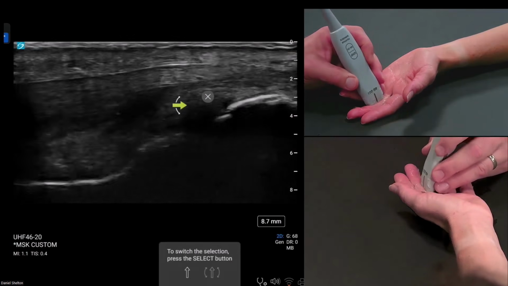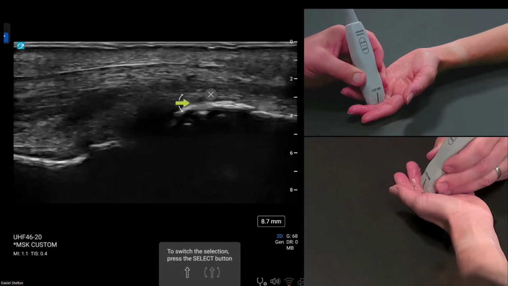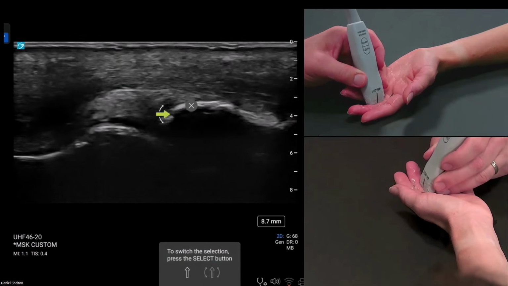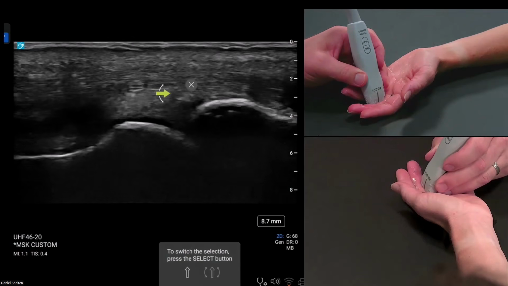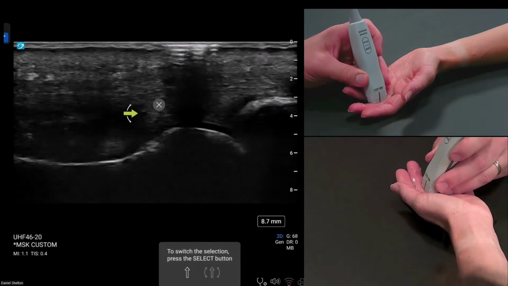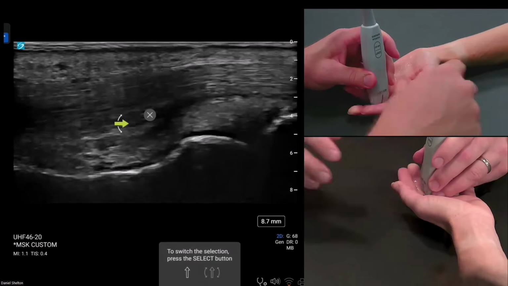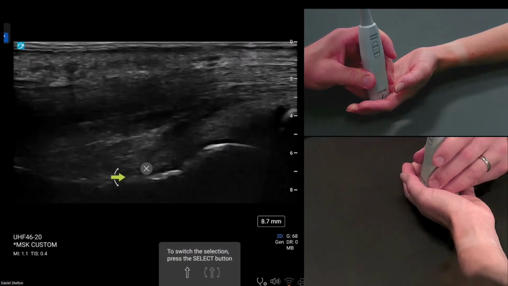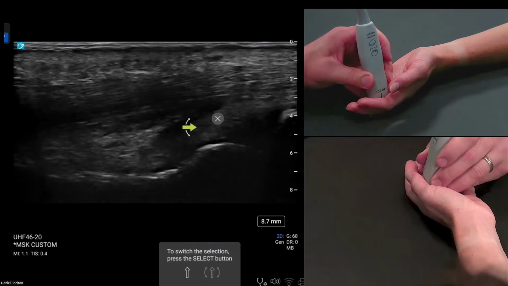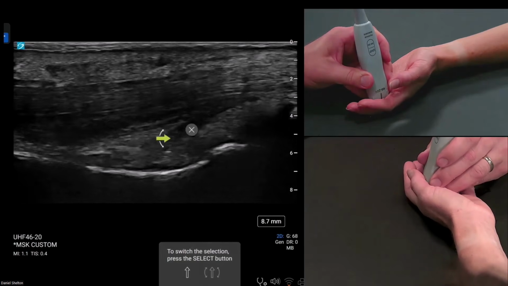So the palmar plate is this fibrous connective tissue that originates here at the base of the middle phalanx. We're looking at a cross-sectional plate of fibers. So the fibers are coming at us in the picture. And then they have a tail right here of fibers that branches off and holds itself down to the proximal phalanx right here. And these are called check rein, like the reins of a horse, check rein ligaments. And we can see one shadow here